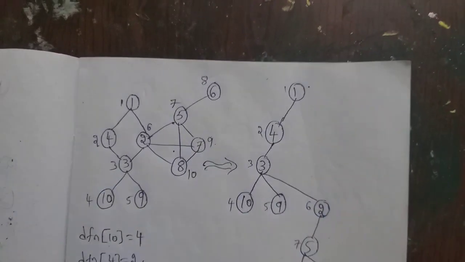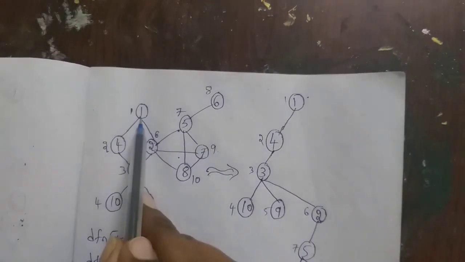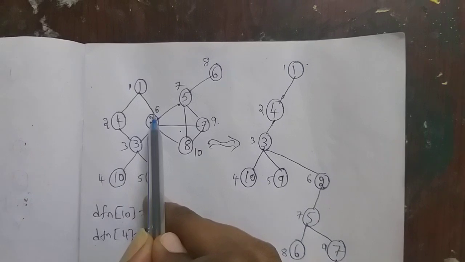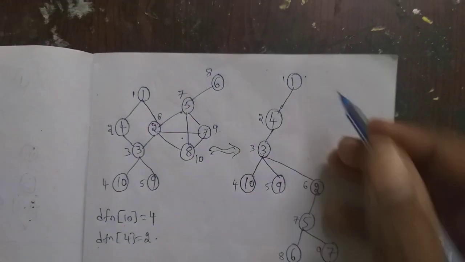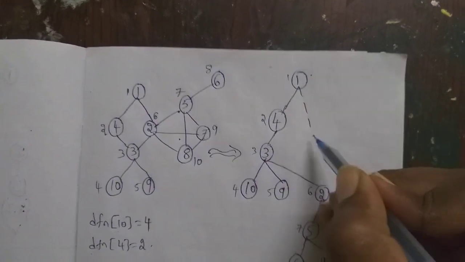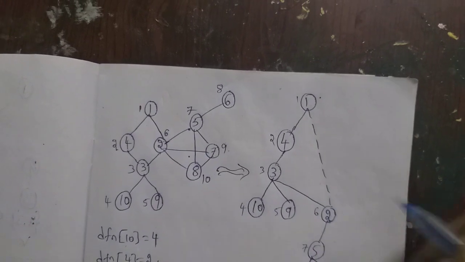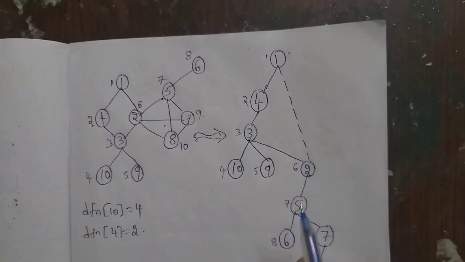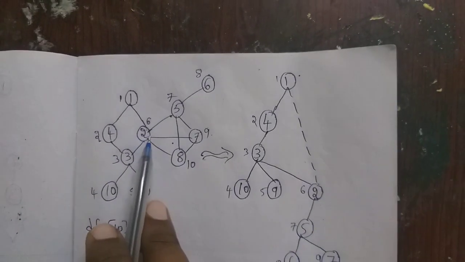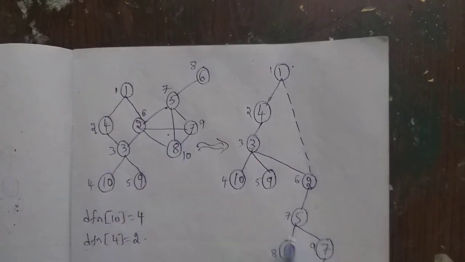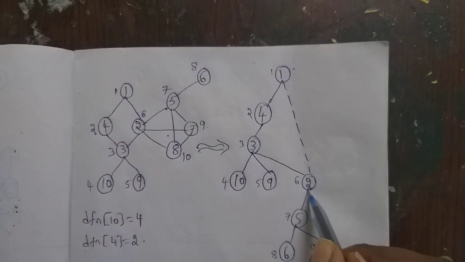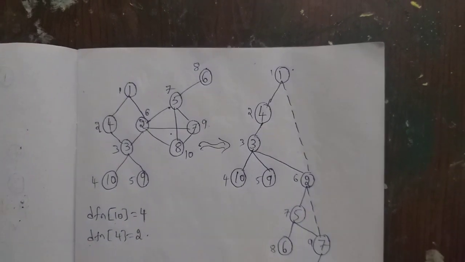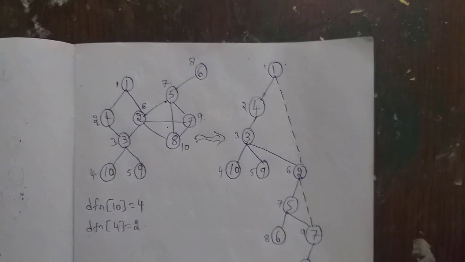Those edges which are not included in this spanning tree, we represent in the form of back edges. For example, edge 1, 2 is there in this graph. It is not there in this spanning tree. We represent that edge in the form of a back edge. This dotted line represents the back edges, right? Any other back edges? Yes, 2, 7 is there in the graph, but it is not there in the depth first spanning tree. We represent it in the form of a back edge. One more back edge,